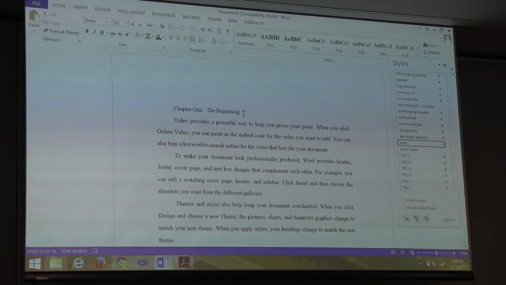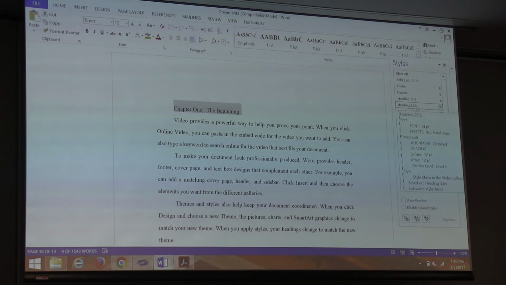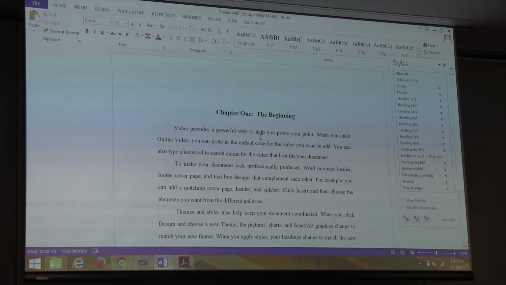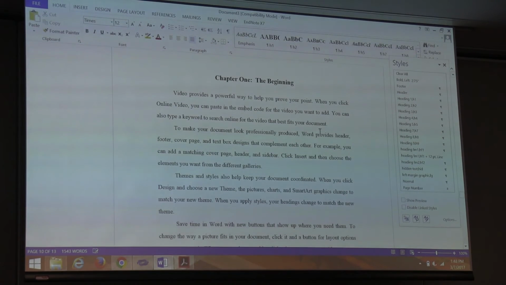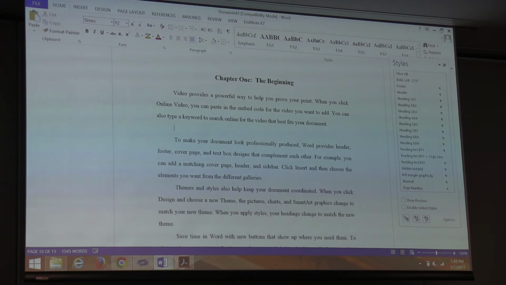So let's do that. So here's our chapter title. It should be in a heading 2 style, so look for that. There's a bunch of different heading things. There's heading 2. When we click on it to apply what we have highlighted, now it's bold and centered and larger. And we call that being in that style. Let's add a subheading or two.